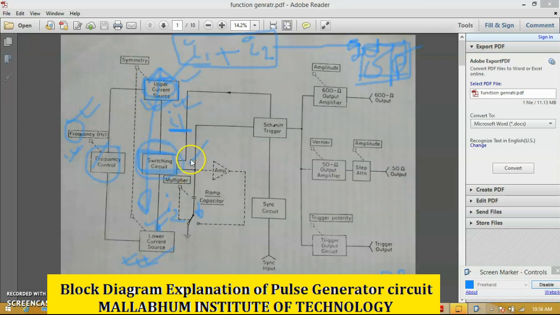So as soon as the voltage starts to rise, the Schmitt trigger is actually driven by this capacitor voltage. You can see that this voltage is connected to this, and the output of the Schmitt trigger is connected to this switching circuit. Okay, so that is the two difference. The output of this capacitor circuit is driving the Schmitt trigger, and the output of the Schmitt trigger is driving the switching circuit. Okay, so the Schmitt trigger output is dependent on the capacitor voltage, and which current source is on is dependent upon the Schmitt trigger voltage. That is kind of feedback.